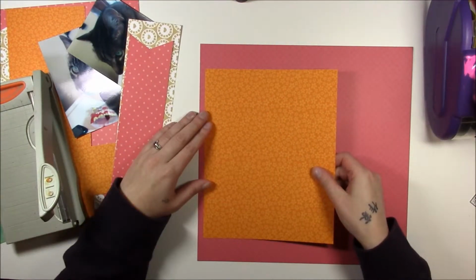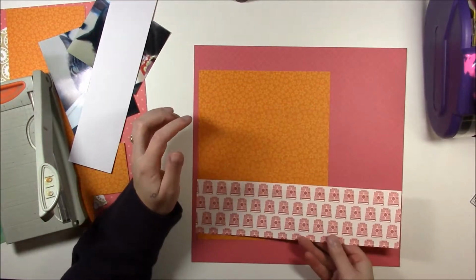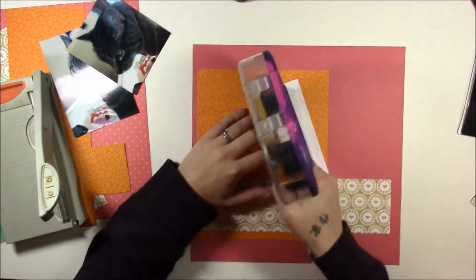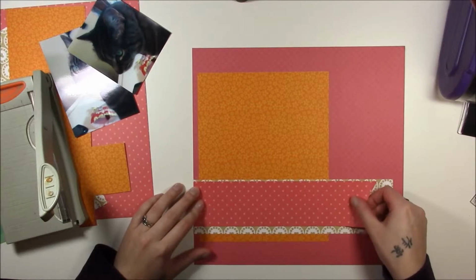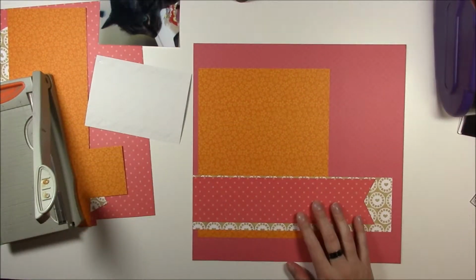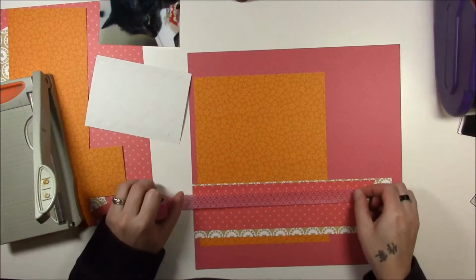And finally gluing things down. I really should take pictures or remember better where things go, because sometimes I have such a hard time getting things layered back correctly. And see, I ended up moving that up because I wanted to show more of that paper. And now I'm thinking I need another layer, but I didn't want to add more paper, so